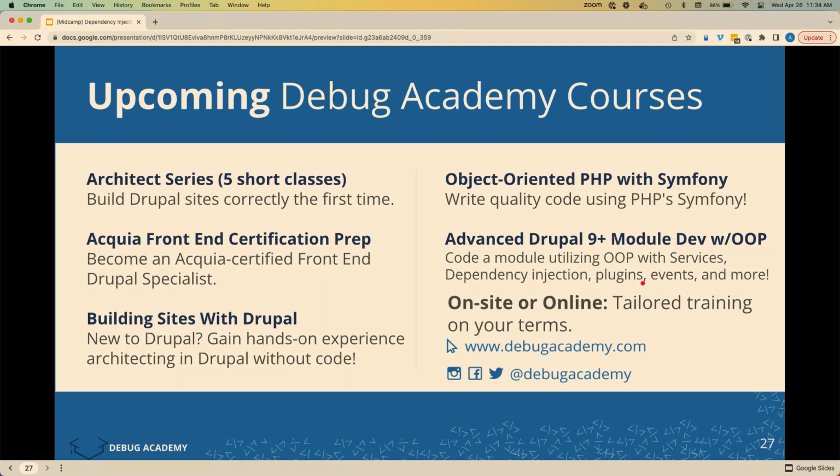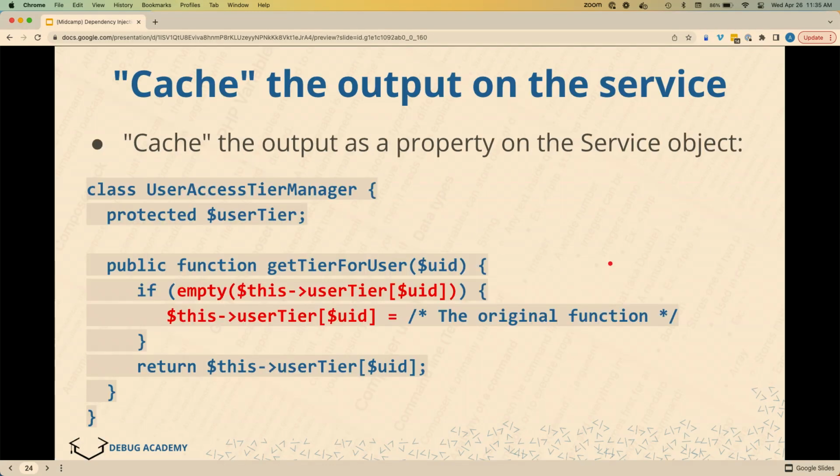And I think that's basically it from me. Oh, sorry, yes. I just wanted to share something that I think is cool. If you start doing a lot of work with services and dependency injection, you can end up with some classes that have a lot of boilerplate code for all those properties that you need at the top, and then in your constructors for setting all those to the services that are being injected. There's a new feature, I don't know if it's in PHP 8.0 or 8.1, which is constructor property promotion, which is very cool and lets you get rid of a huge part of that boilerplate property creation code, and you can essentially declare your properties within the constructor.